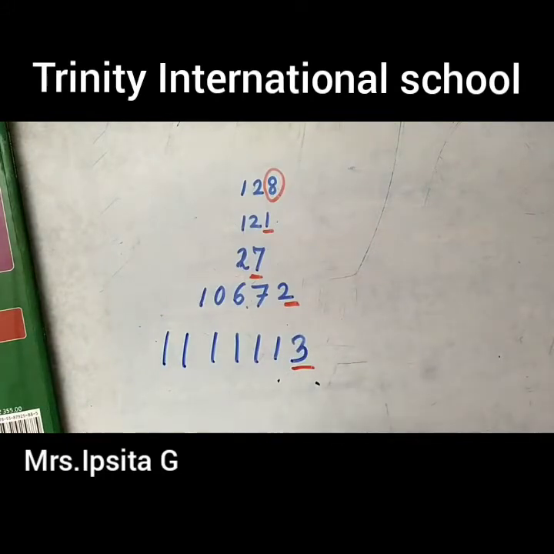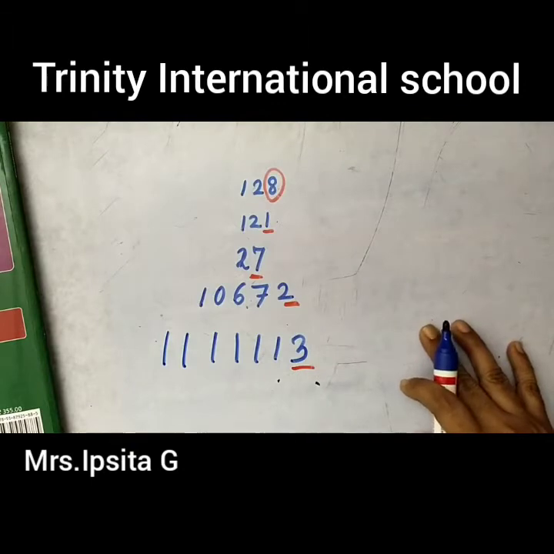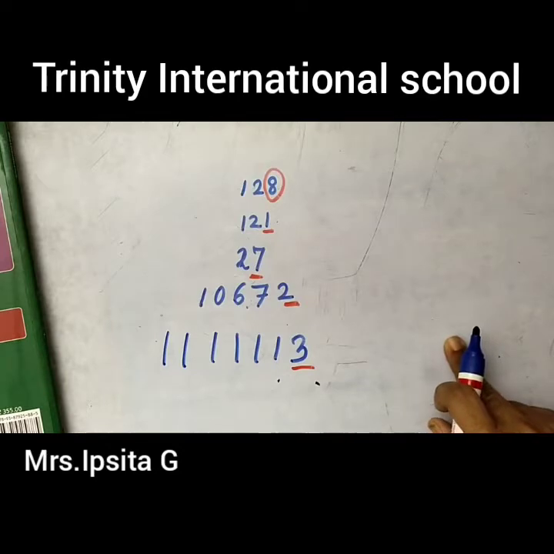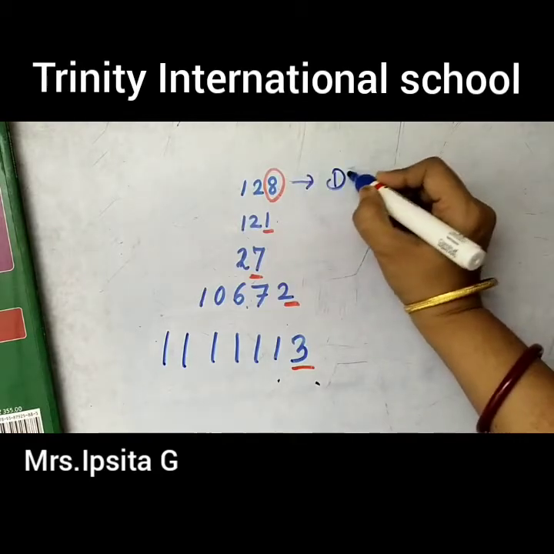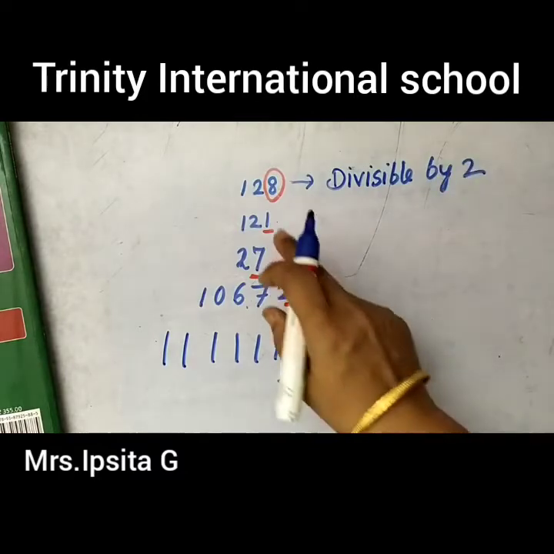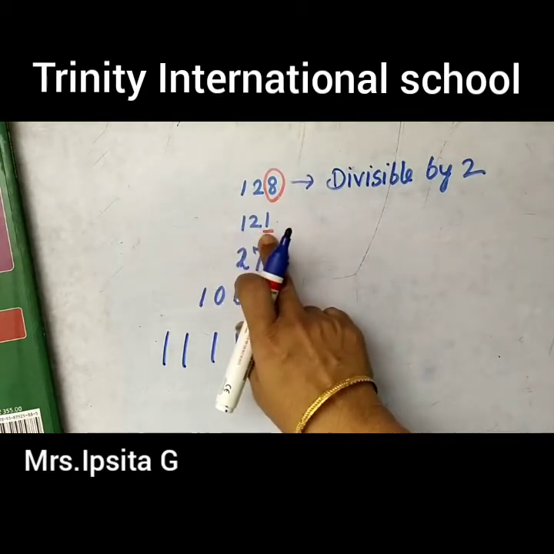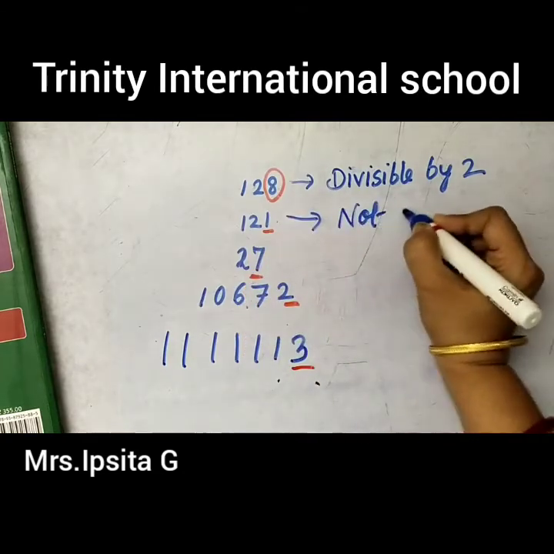तो यहाँ पे डिविजिबिलिटी रूल में आपको क्या कहा था कि if the number is divisible by 2, यदि ये सभी नंबर डिविजिबल बाय 2 है तो क्या होना चाहिए, वंस के प्लेस में कौन सा डिजिट्स होना चाहिए, 0, 2, 4, 6, 8 means all the even digits should be there। तो यहाँ पे देखिए 128 में 8 क्या है आपका इवन नंबर। So this number is divisible by 2। Okay, so easily we can say 128 ये पूरा नंबर डिविजिबल बाय 2 है। अब आप यहाँ पर देखिए 121 ना वंस प्लेस में क्या है, ऑड नंबर है। So you can say not divisible